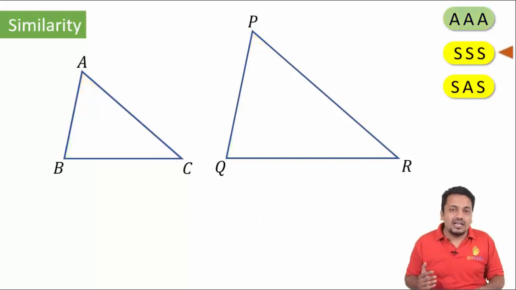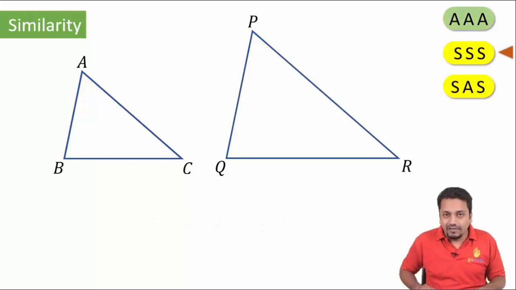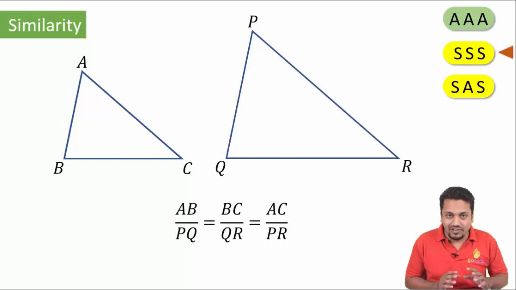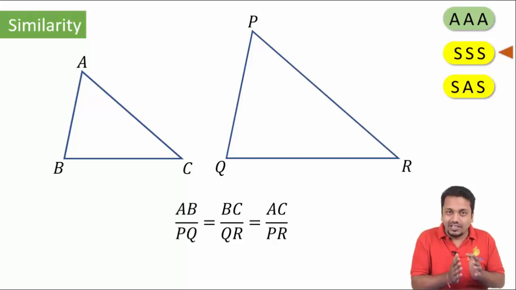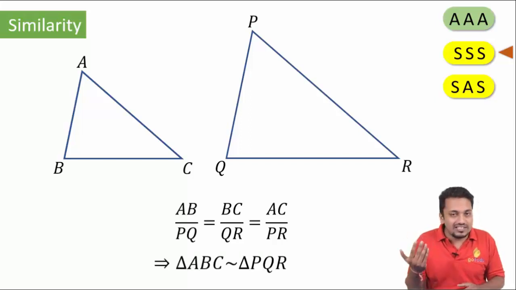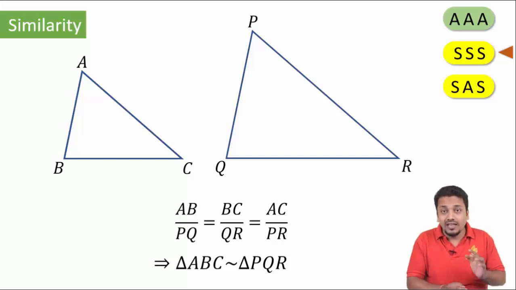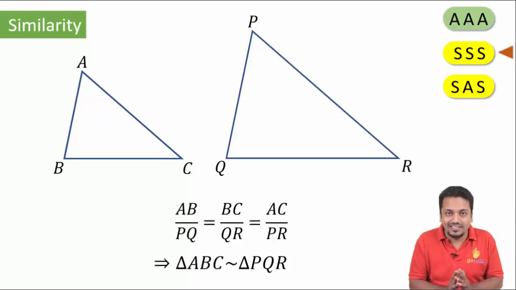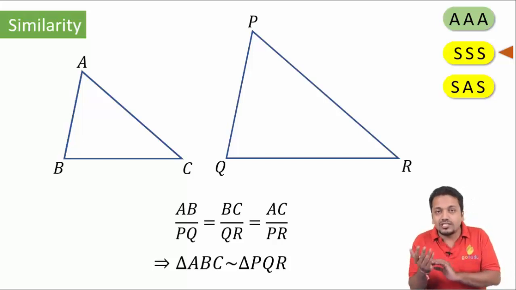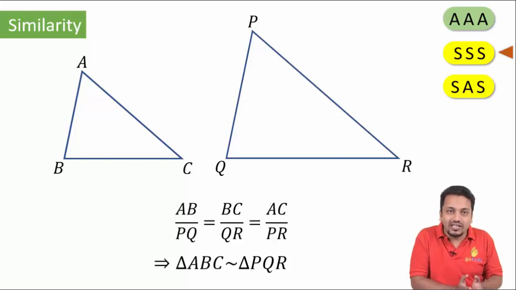Next is SSS, side similarity. If the corresponding sides are in proportion, and we have seen this in the converse of the basic proportionality theorem, when sides are proportional, the corresponding angles become equal, okay? And when the angles become equal, the triangles will be similar. So SSS is also a condition for similarity. In congruency, the sides had to be equal, but here only the ratio of sides of the two triangles should be equal. This difference should be clear, okay? If not only the ratio, but also the corresponding sides are equal, then the triangles will be congruent as well as similar.